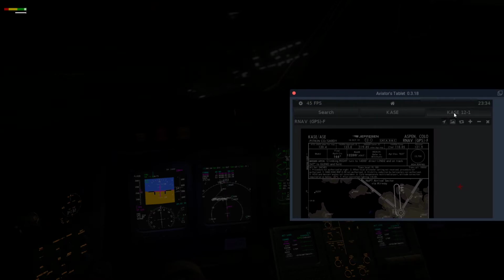Alright, there's 20. Now we're starting down. After we land at Aspen,